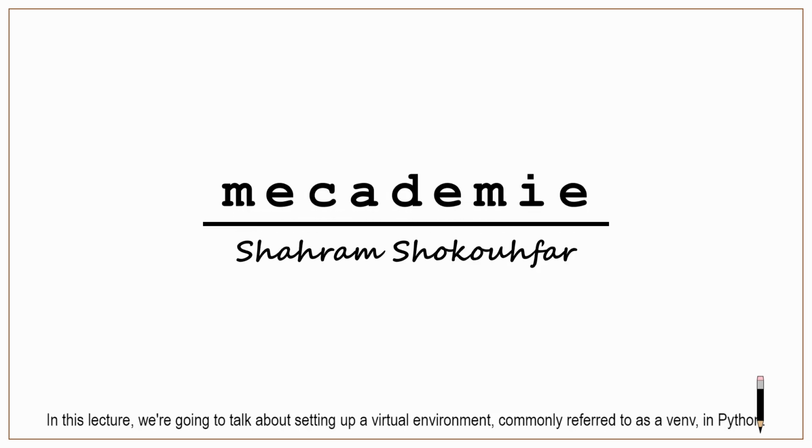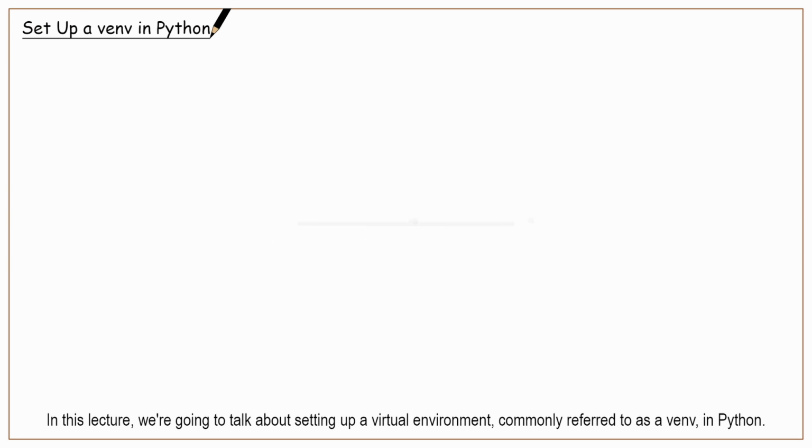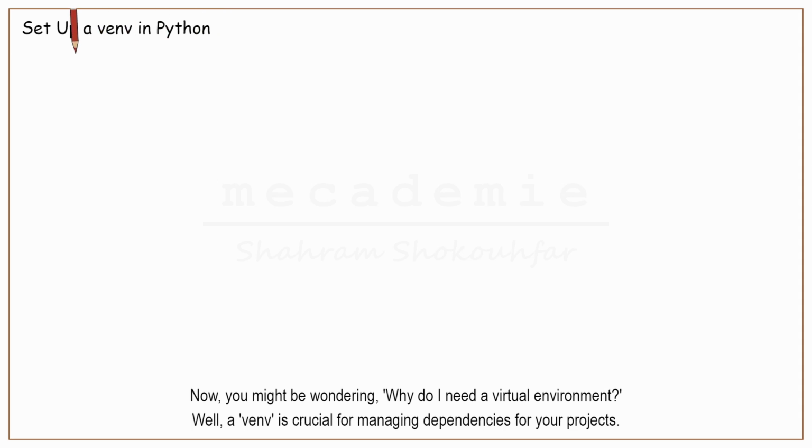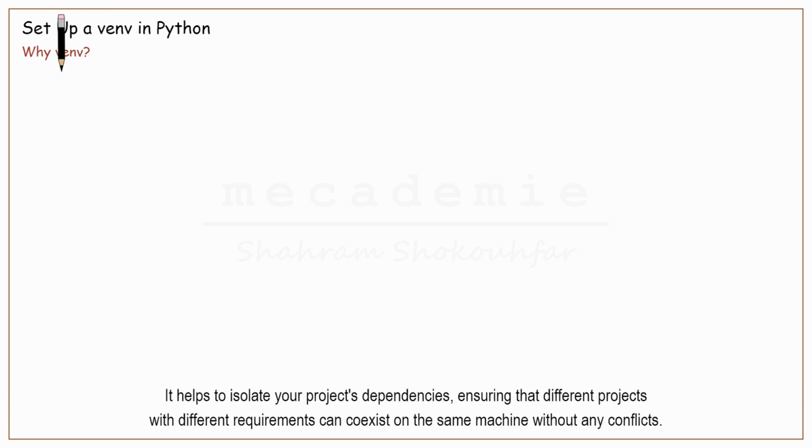In this lecture, we're going to talk about setting up a virtual environment, commonly referred to as a venv, in Python. Now, you might be wondering, why do I need a virtual environment? Well, a venv is crucial for managing dependencies for your projects. It helps to isolate your project's dependencies, ensuring that different projects with different requirements can coexist on the same machine